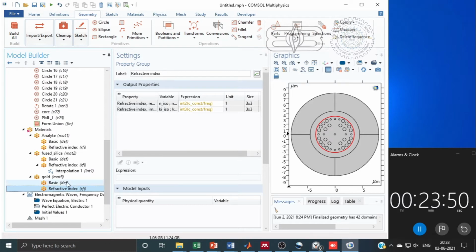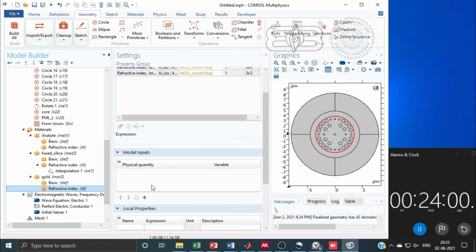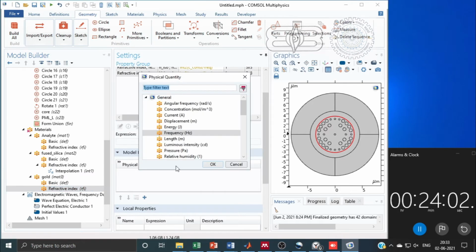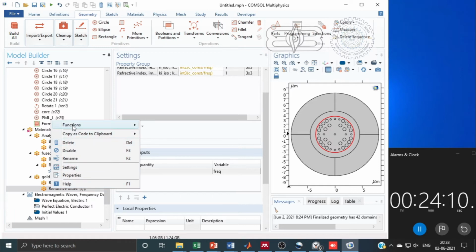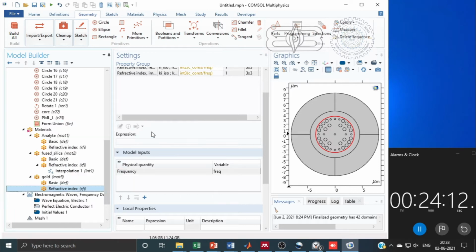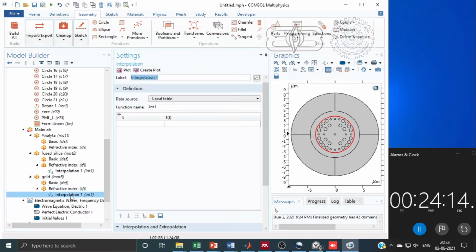Now we can see the refractive index; we will right click on refractive index and add a function. Similar steps will be followed as we did in fused silica. We will add a function again for the imaginary part of the refractive index.